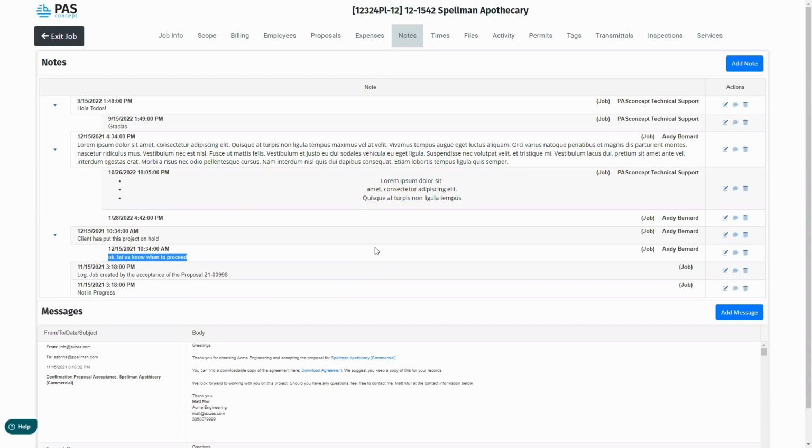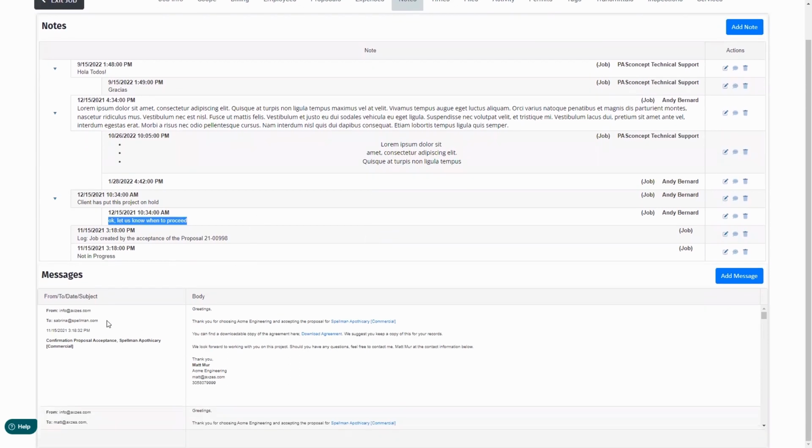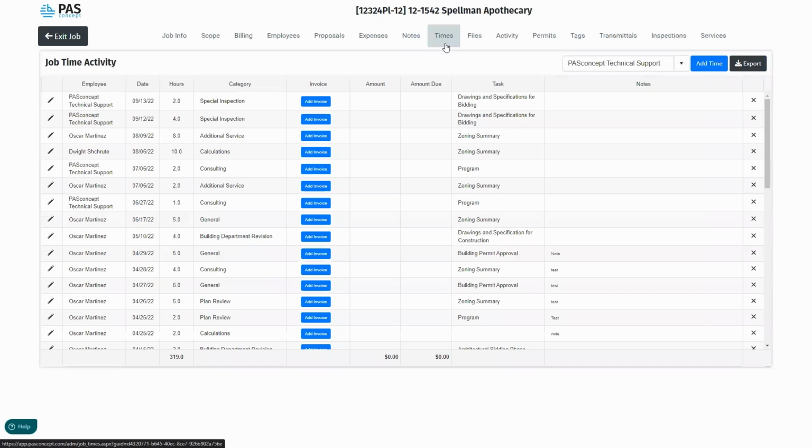One thing that we've noticed with this area specifically is one employee may have a specific question, and frankly, perhaps many of the other employees have the same question. Rather than answering the same question 7 times, answering it just on the message board allows that response to be related to everyone working on the project. Below that, in the same area as notes, we have any email correspondence that has been sent to the client regarding this project specifically. Times, here you can see all the time that has been entered by employees that relates to this job specifically.